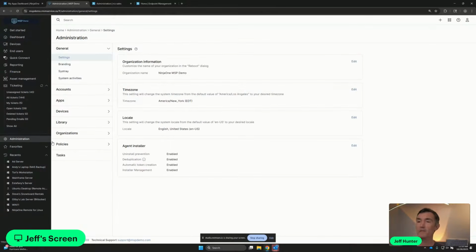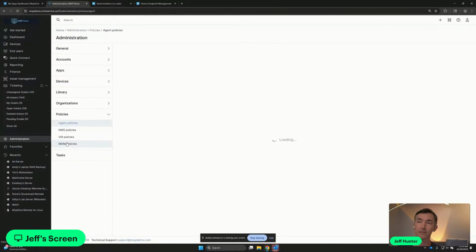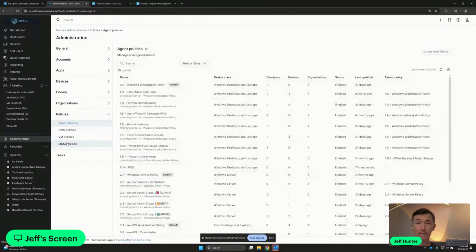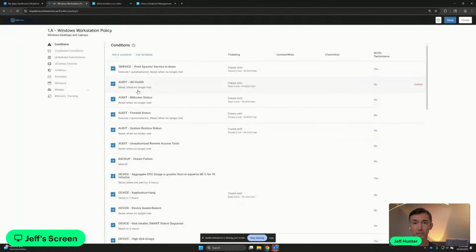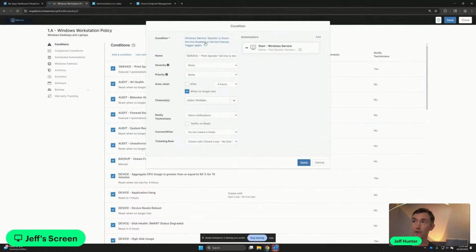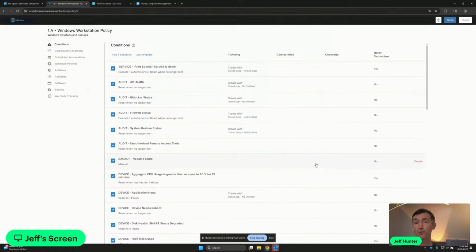So, what happens when you want to vary a particular setting inside of a policy, but you don't want to have to create a whole bunch of additional policies? This comes, I think, really in two forms. One is that you want to create some sort of alert or some sort of automation that applies to some organizations or some subsets of devices, but does not apply to other ones. So, for example, right here, every condition that we have is all going to deploy to all of your devices, and it's one-to-one. Service goes down, we raise an alert. In this case, we're actually responding with an automation to try and fix the issue. But this would apply to all devices on the policy, and it would also trickle down to all of our